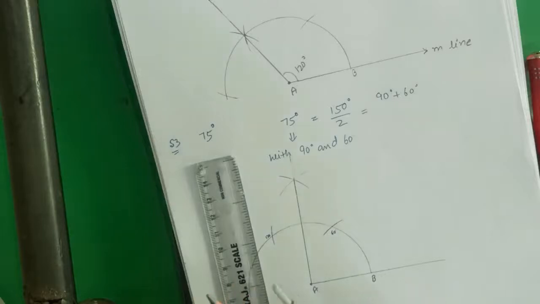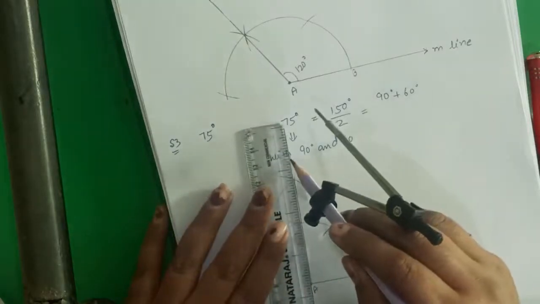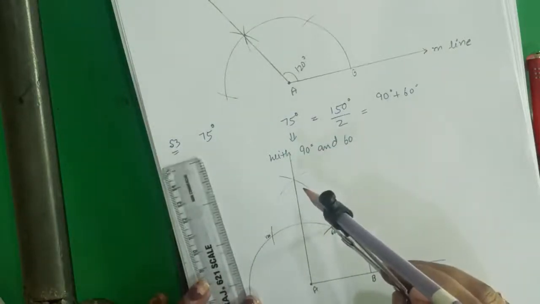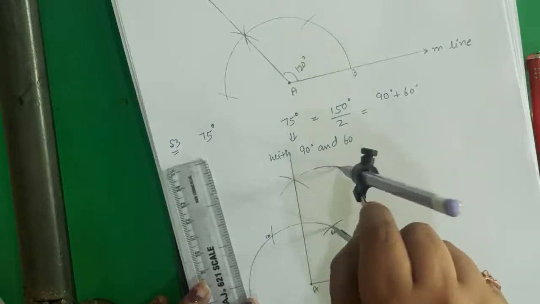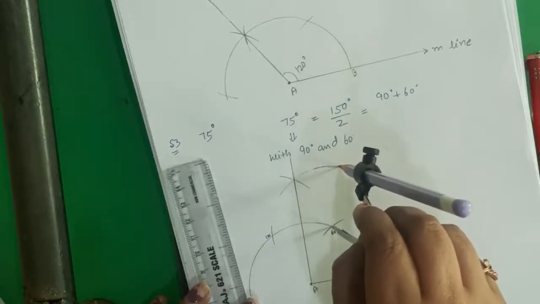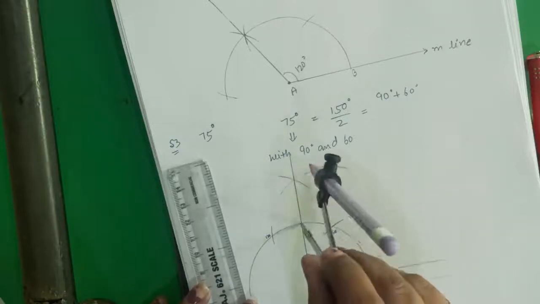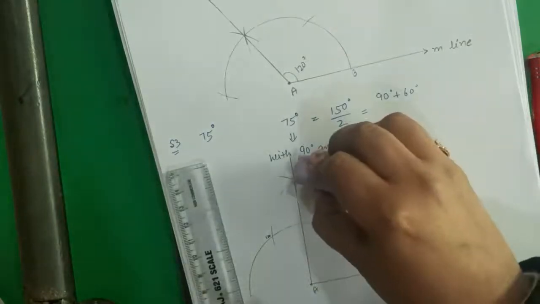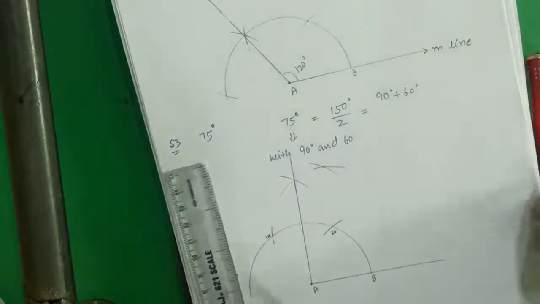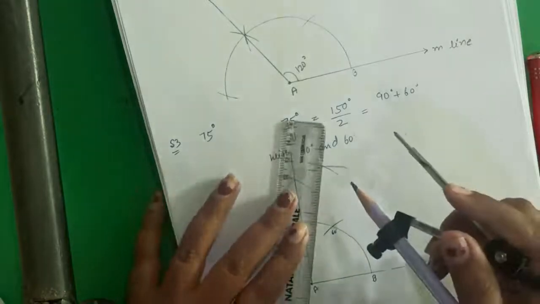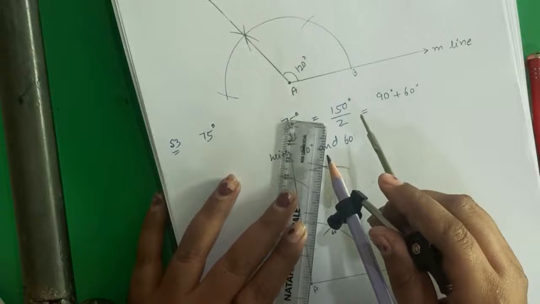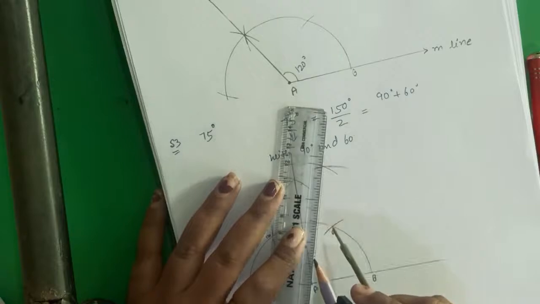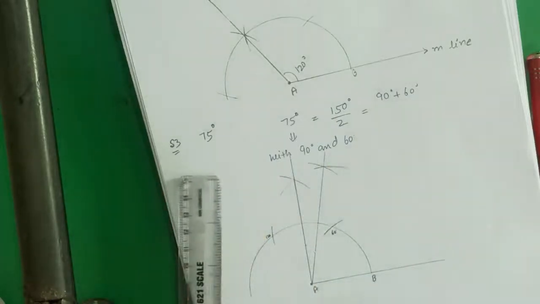Angle में like a graph, never draw a second line. Now we know 75, half of 90 and half of 60. Mark one arc with 60. Then put on this. Mark another arc. It will be like this. Now join this point of intersection with the center, and it will be equals to 75 degree.